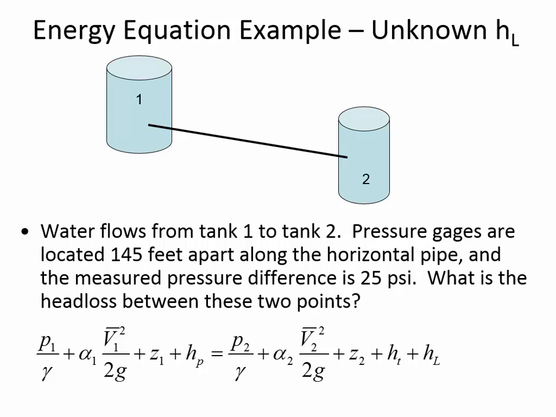Here's another one where instead of an unknown flow rate, we're interested to find out how much head loss is there between the 2 points. So still, water is flowing from tank 1 to tank 2. In this case, it's a little bit like the pipe rack in the lab. In the lab, remember, we had taps, and you plugged in the differential pressure meter to the taps, and you found out how much pressure loss is there between the 2 points.